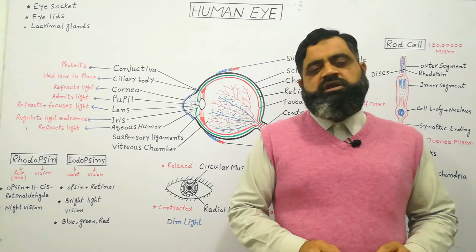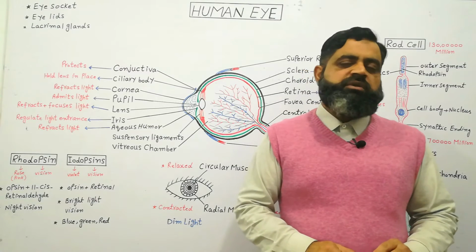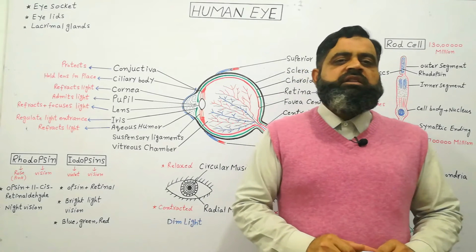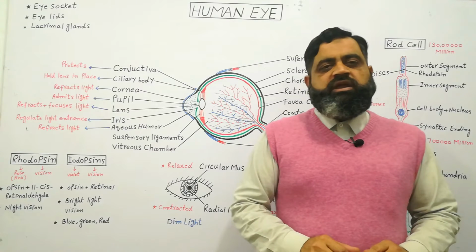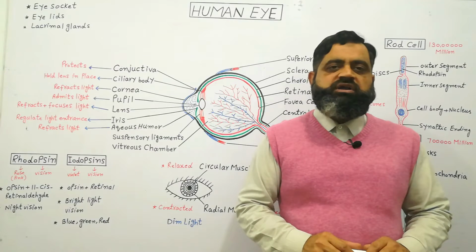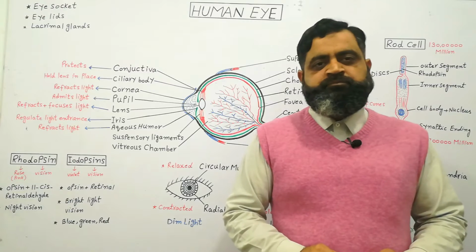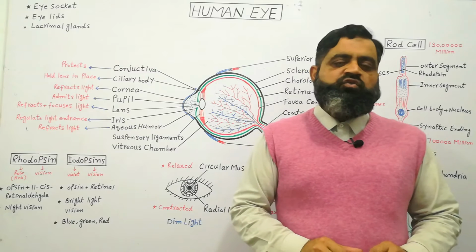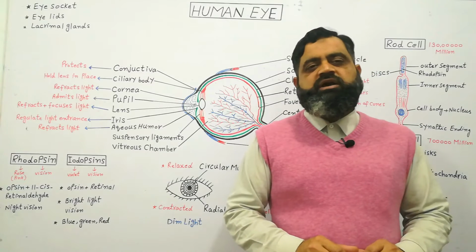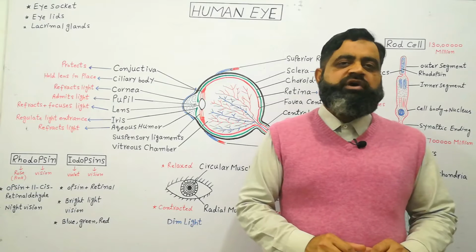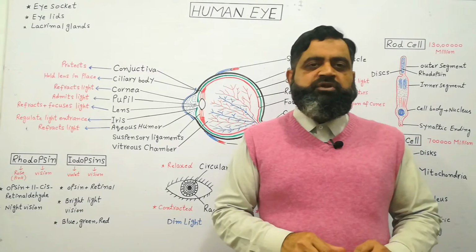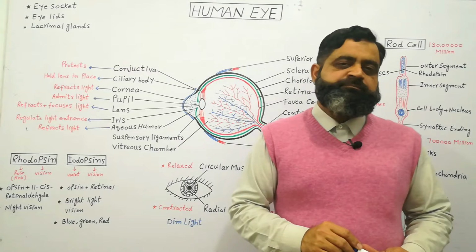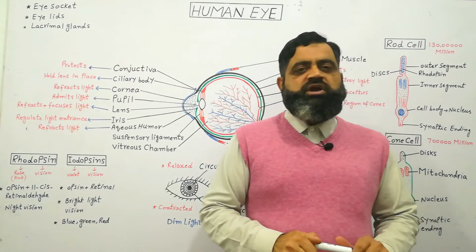If there are no tears, our eyes can be infected by microorganisms and there could be an infection in our eyes. Tears also lubricate our eyes and protect them from rubbing of eyelids. Eyelids also blink to spread a thin layer of water on the front surface of our eye, so that our eyes do not dry, because it is very essential that our eyes get lubricated all the time. So in these three ways our eye is protected.